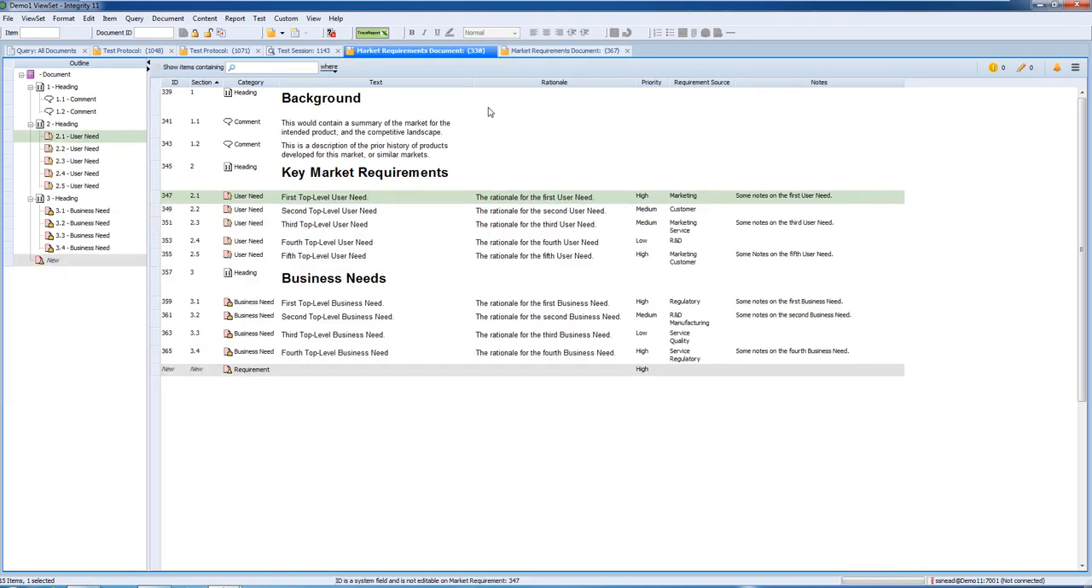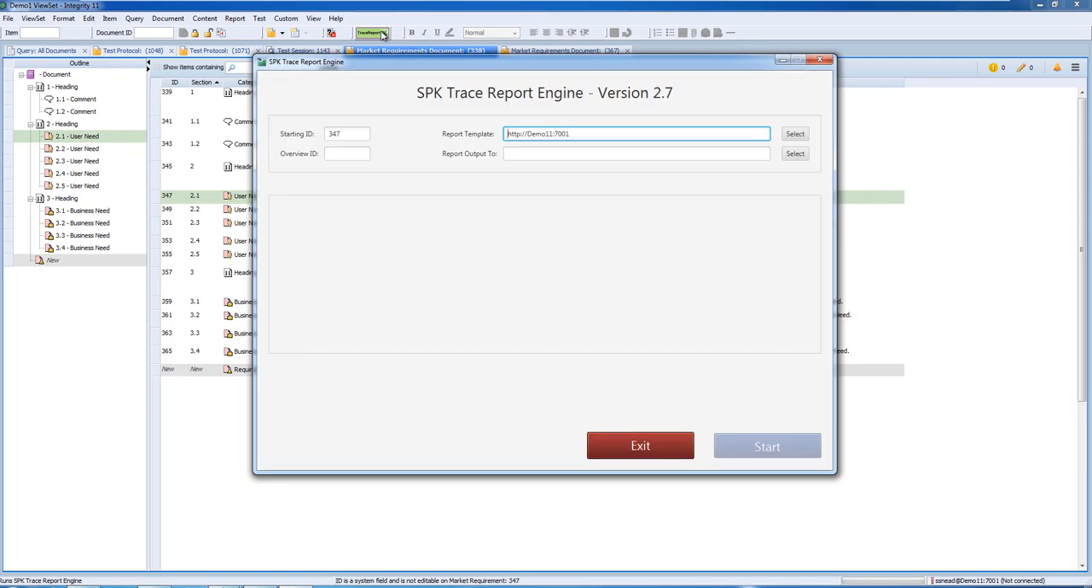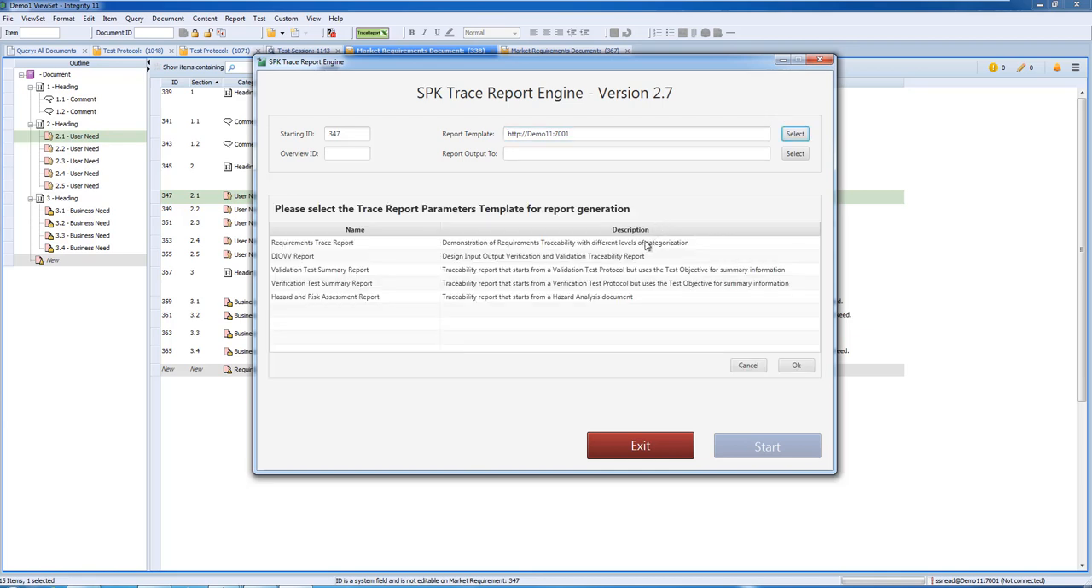Now let's run the SPK Trace Report Engine on the same two documents. Like the built-in reporting of PTC Integrity, the user can select a document segment item or any content within the document as the starting point for the Trace Report Engine. Just like the built-in reporting of PTC Integrity, the SPK Trace Report Engine allows users to select from an available